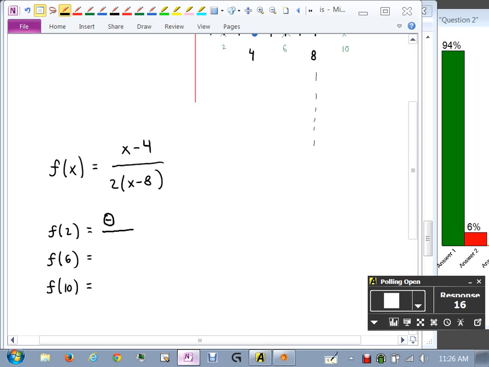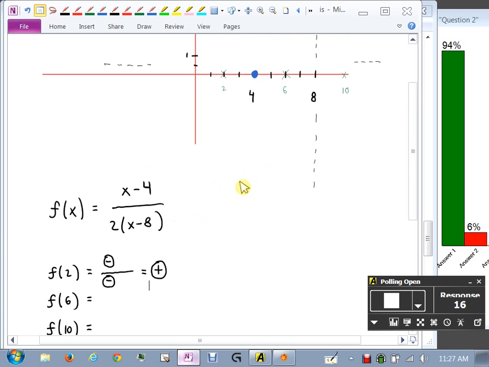I divide that by, well, 2 is always going to be positive, so I don't have to worry about that. But then what's 2 minus 8? Negative 6, so that's a negative number. So a positive times a negative down here should give me a negative. And then what is a negative divided by a negative? Positive. So what that tells me is that when I am at positive 2 for x, so when I'm